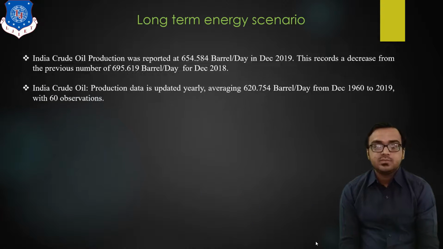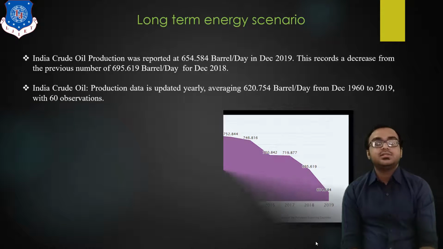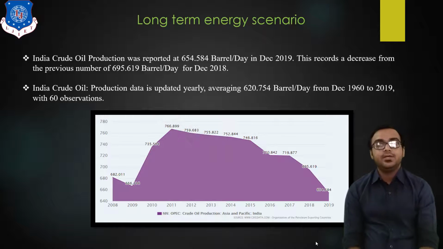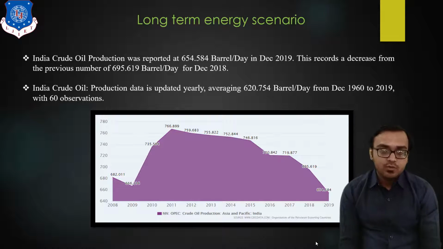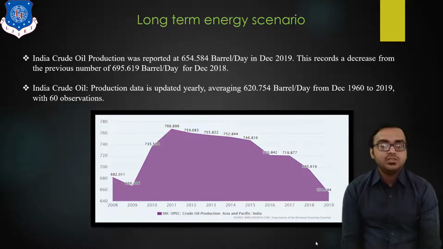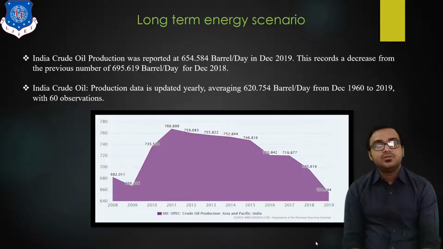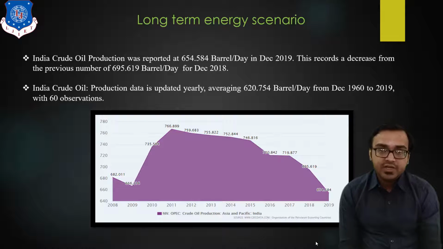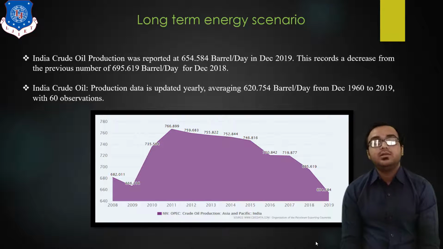Just have a look at this graph. From the graph you can say we need to produce more oil in order to cope with our demand. Because we know that in India day by day we are launching new cars and new vehicles, which leads to the development of some strategies by which we are able to cope with the demand for oil. So it is all about oil.